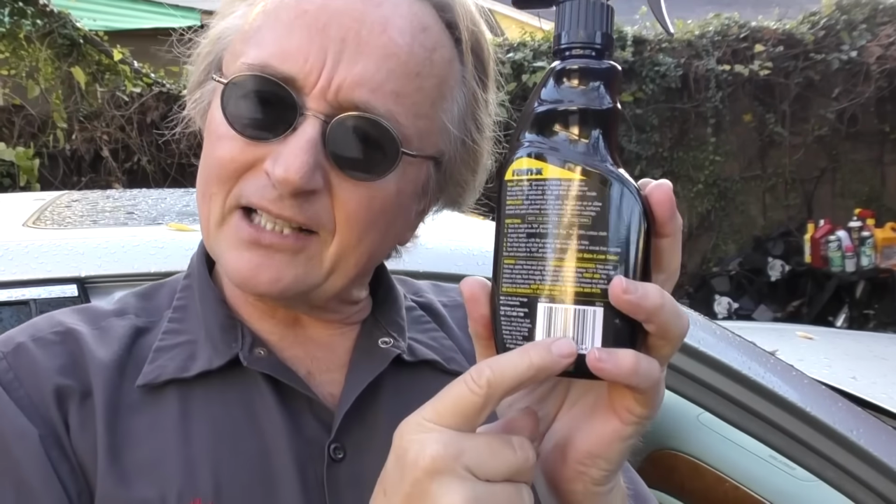Because this anti-fog stuff, it even says it's an eye irritant. Well, I tried the stuff out in my wife's Lexus, and guess what? She's pretty sensitive to chemicals and stuff, and it irritated her eyes and her lungs too. I had to clean the whole car off, take all the stuff off. So if you're really sensitive, don't even think of trying this stuff in the first place. Even I found that to be true